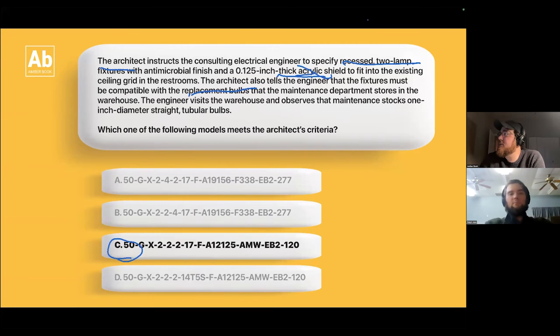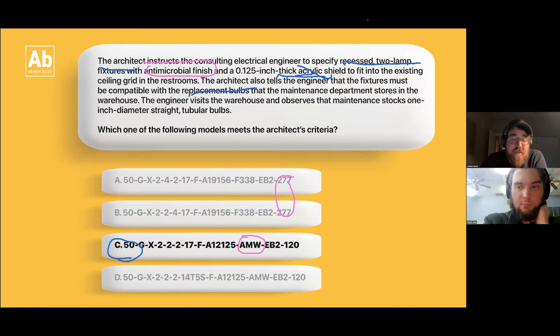Yeah, and I think that you really touched on some important things here. Also, for some of y'all, we mentioned it at the beginning, but we're pulling this directly from NCARB's PPD practice exam that they have available online. I really liked that you said that you're thinking that some of this is referring to a material, because in their explanation, they identified that this AMW is antimicrobial white. But yeah, you can look at this question structurally, and if you eliminate these options because they're 277,